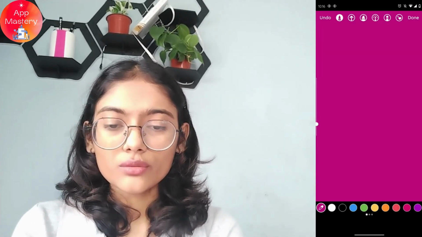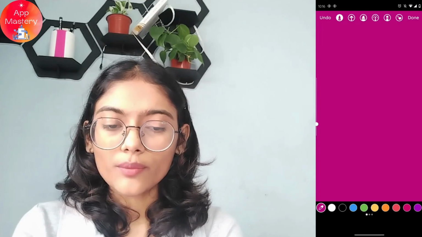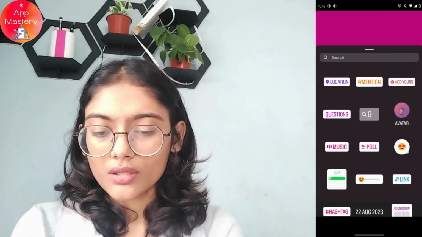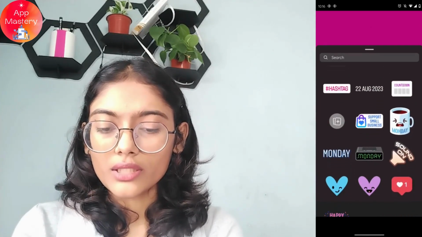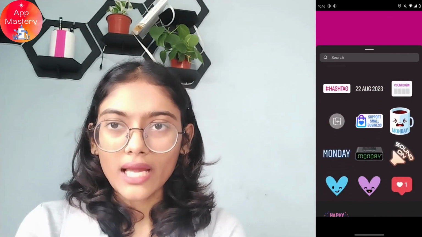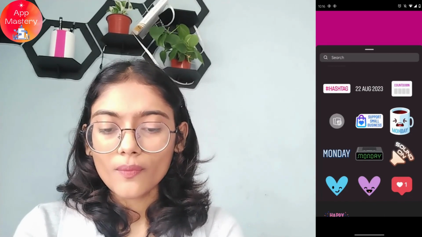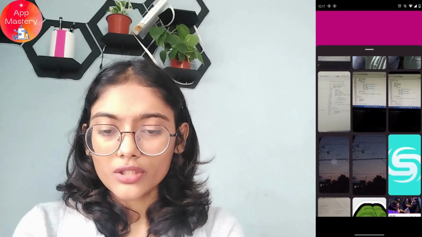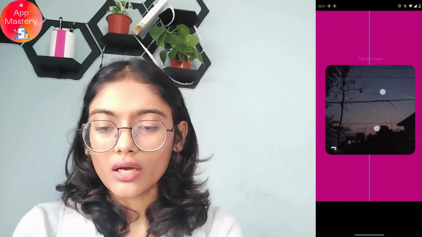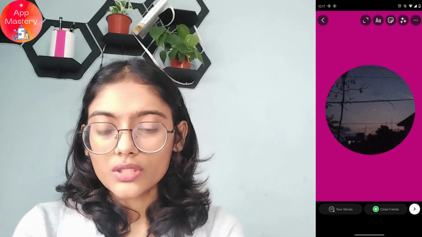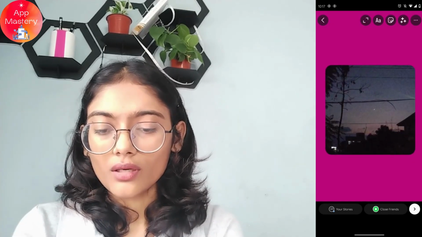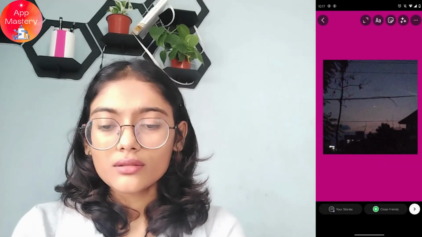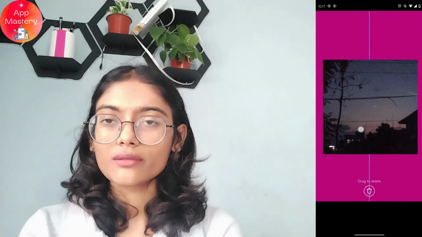So now what you can do is you can simply tap on done, which is on the upper right, and you can go for stickers, and now you can scroll down and go for the albums icon or the gallery icon, and now you can choose your photo or your image that you would like to add to your story, and now you can choose the shape, and after choosing you can adjust your photo as you like, and that's it. So this is the only way to change the background on your